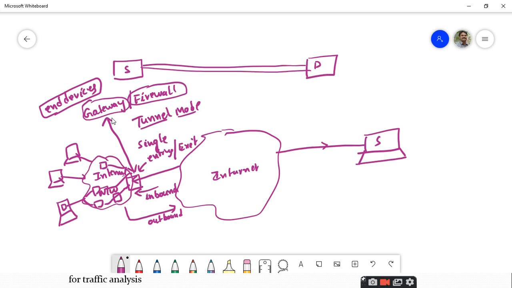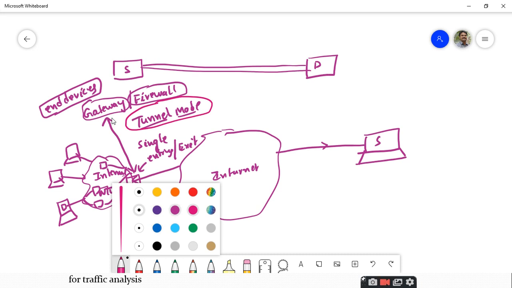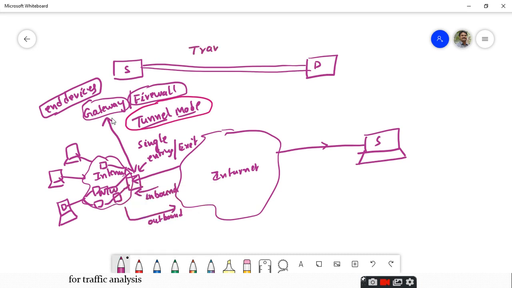So whenever you have this type of setup, where you have a source connected to the internet, and an internal network with different routers and a number of systems, and the internal network is connected to the external internet through a single entry or exit point, like the end devices such as the gateway or firewall, you are going to use the tunnel mode. But for the transport mode, nothing is required. You just have two devices, that's it, two hosts.